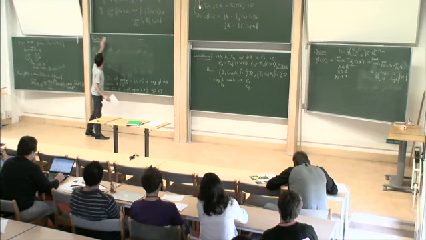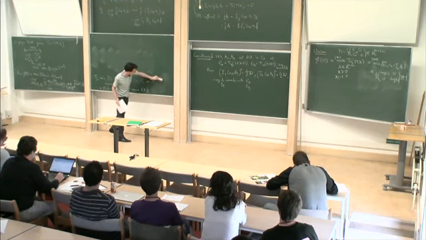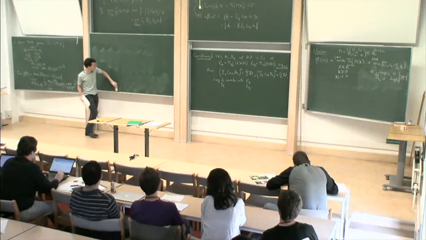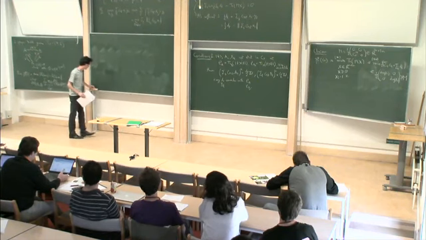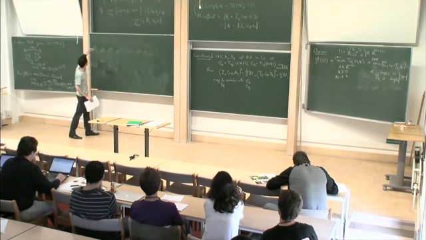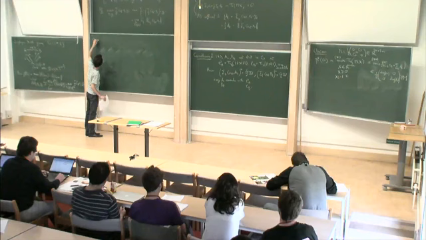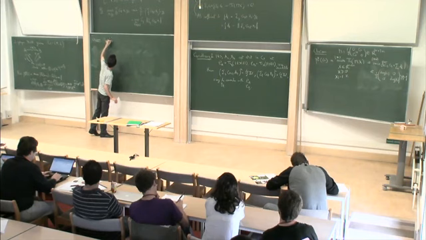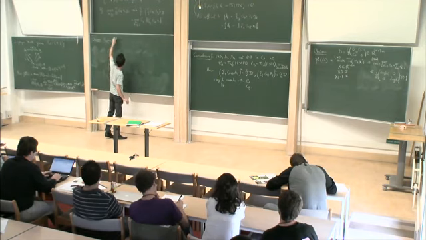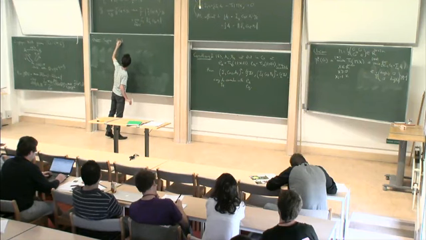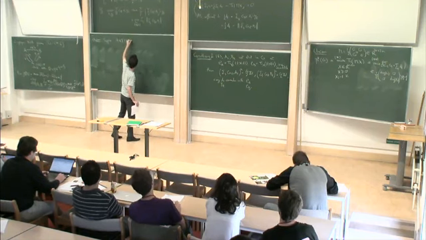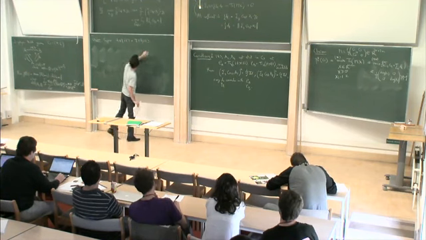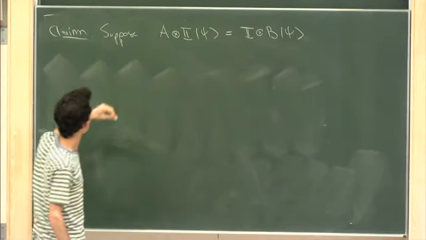The proof is not hard. It uses one nice observation that I'm going to write first as a separate claim. So suppose that you have two matrices A and B that are such that when you apply A to the left hand side of a state psi, you get the same thing as applying B to the right hand side. Then